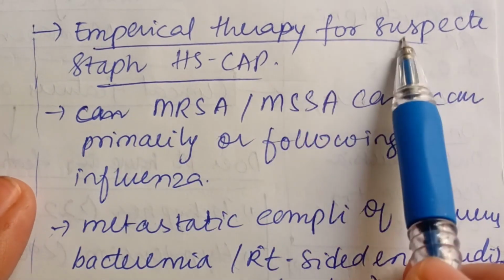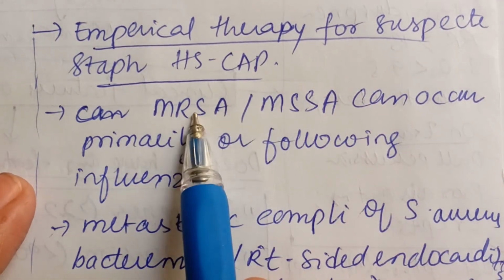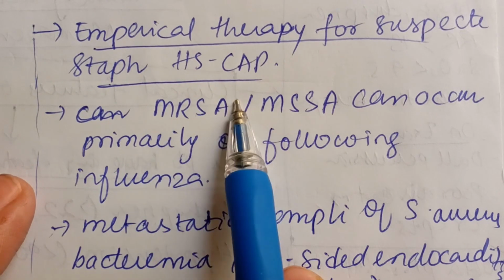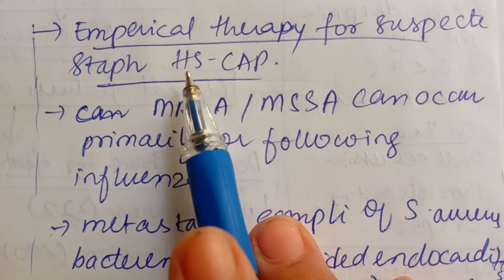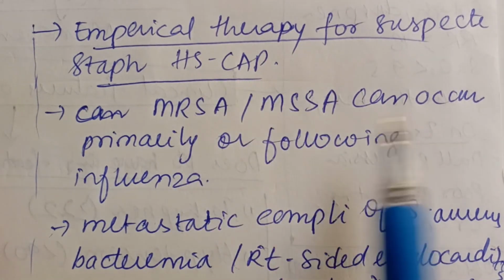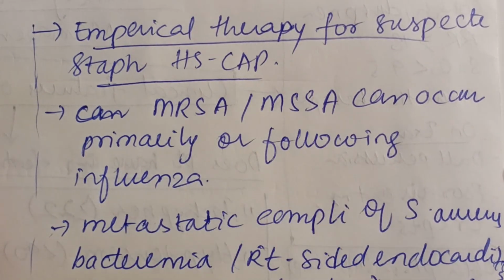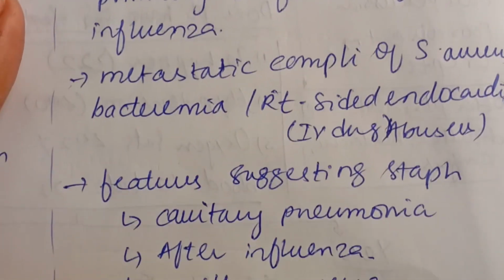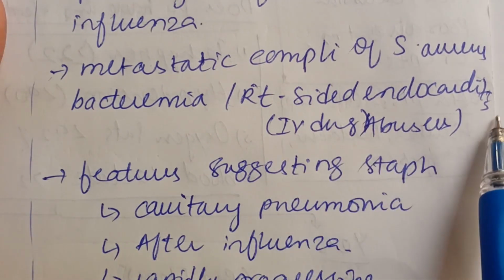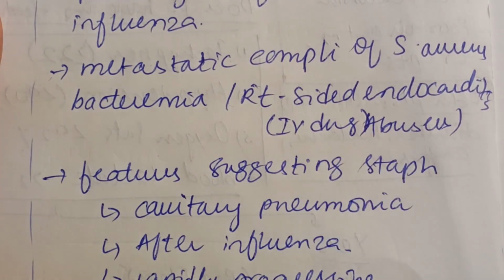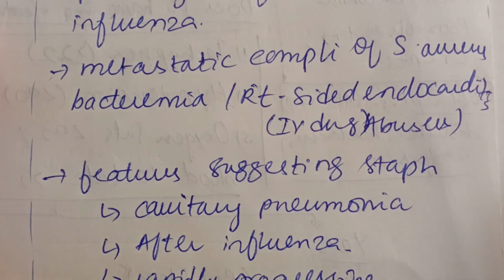So, empirical therapy for suspected Staphylococcus in high severity community-acquired pneumonia. It can be caused by MRSA, or methicillin-resistant Staphylococcus aureus, or methicillin-sensitive. Staphylococcal pneumonia can occur primarily, or most of the time it follows influenza infection. Or it can be a metastatic complication of Staph aureus bacteremia, or if the patient has right-sided endocarditis or a history of IV drug abuse, the organism can metastasize to the lungs and the patient can have staphylococcal